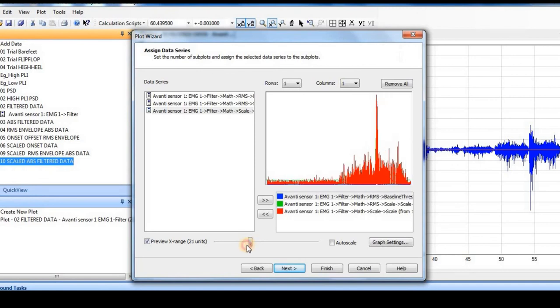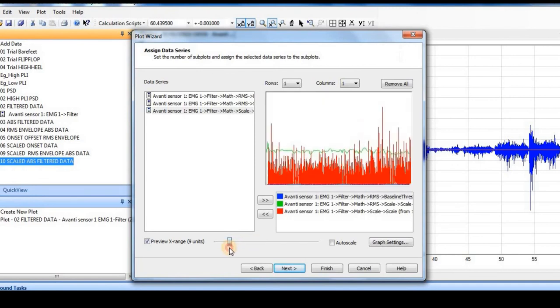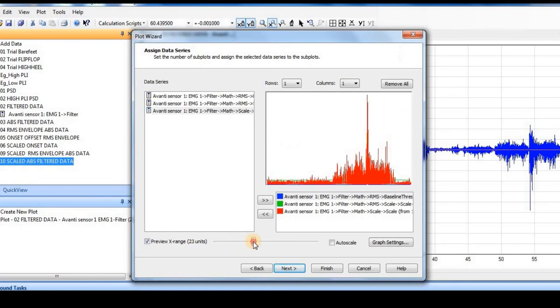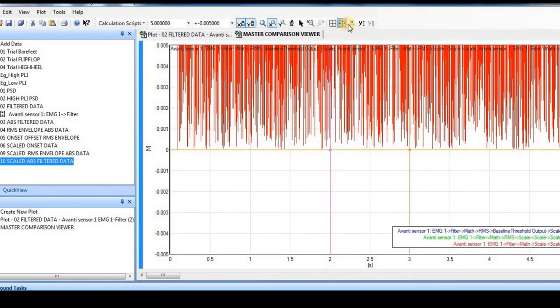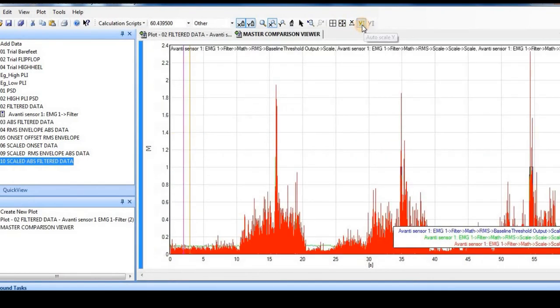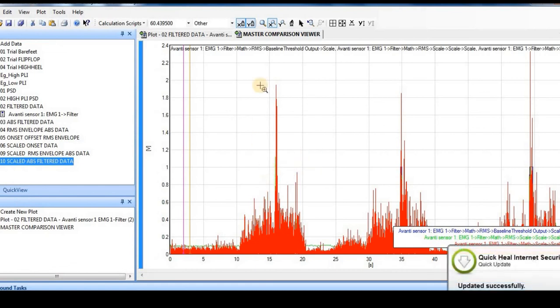Okay, so this is going to be your signal, and now you can see that this green one is the envelope, this red one is the rectified signal, and somewhere you will have the onset period also. So if I have done this, I will click the finish button. If I say next, it will say some other thing, and then this is the final plot that I can see. Now you can see if I zoom some part of it,